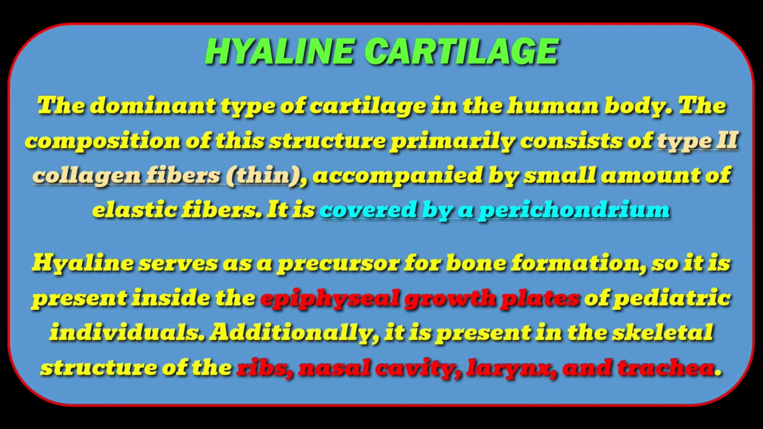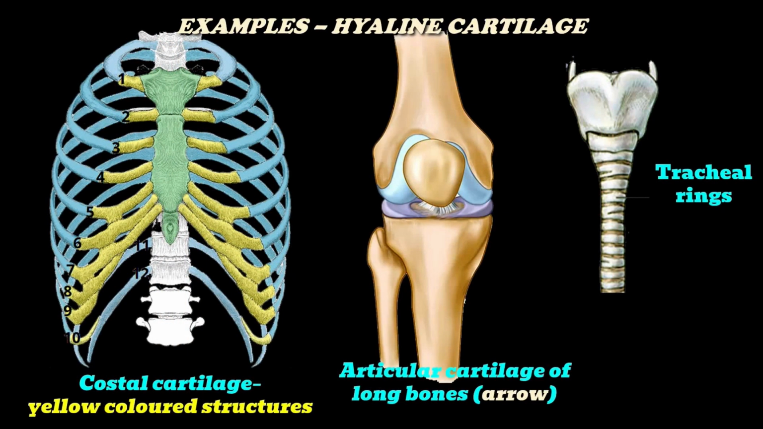Hyaline cartilage serves as a precursor for bone formation, so it is present inside the epiphyseal growth plates of pediatric individuals. Additionally, it is present in the skeletal structure of the ribs, nasal cavity, larynx, and trachea. For instance, some hyaline cartilages are